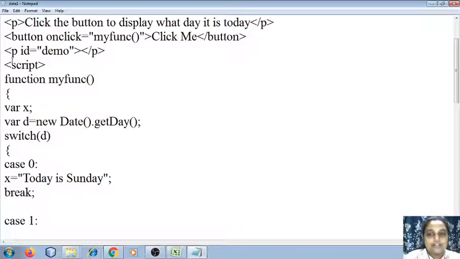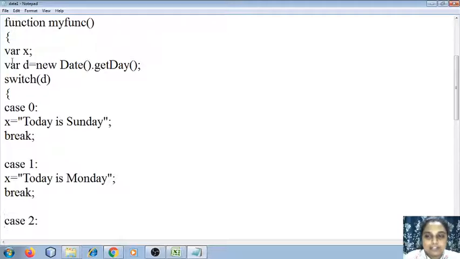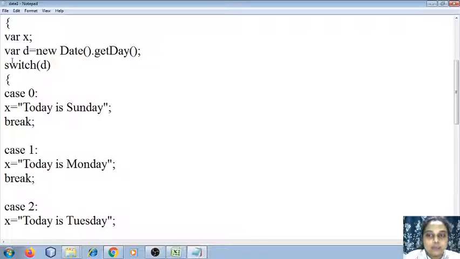All right, now what if it is a Tuesday or a Wednesday? Then what is going to happen is that the control is going to check each and every case. It is going to match every case and find the value of d. If it is 0, then it is going to print today is Sunday. If we assume that it is Tuesday, what should be the value of your d? The value of your d should be 2.